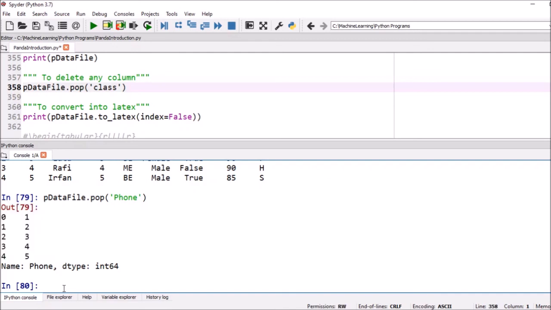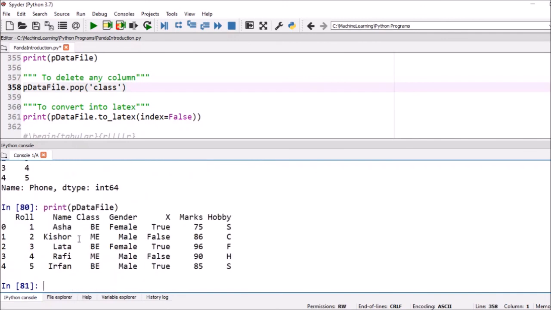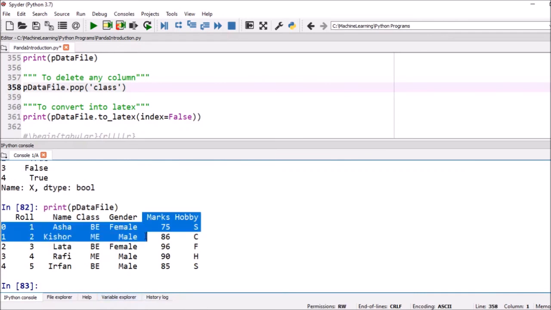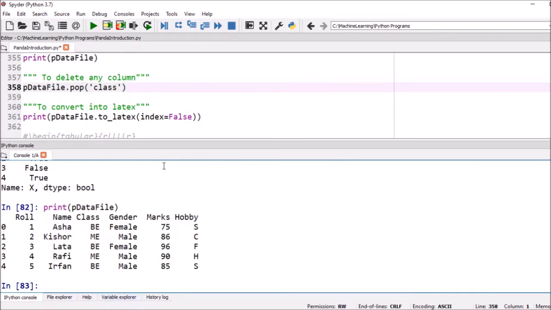Now if you once again print the same data file, you see the phone number is not there in between the name and class. Similarly, suppose we want to delete the hobby, or suppose you want to delete X. So in that case, we have to write, say we want to delete X. So here we have to delete the X part, and we can execute it. Okay, and we re-execute it. Now you can see here the X part is not there. So in this way, we can delete any particular column.